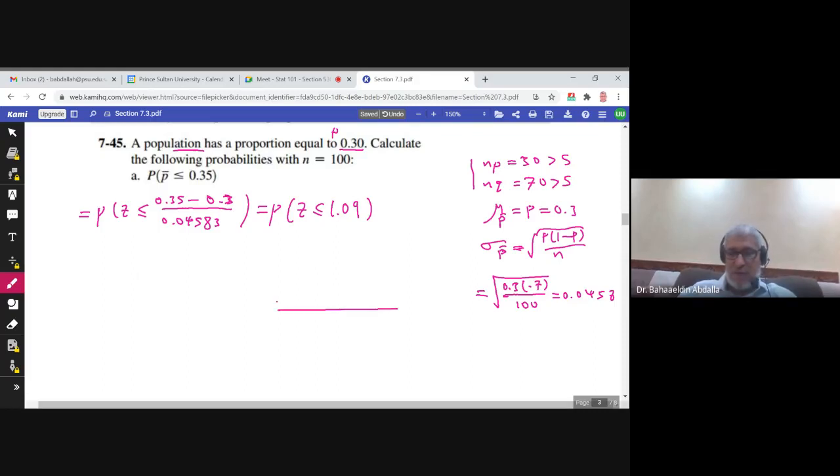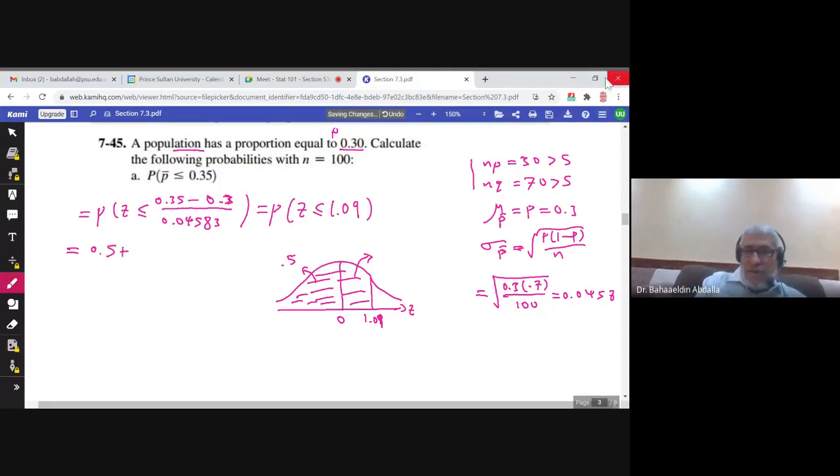If you remember, if you want a graph to help you finding this probability, the mean of Z is 0. So 1.09 is a number to the right of 0, and he needs the probability that Z is less than 1.09, so he needs the area to the left of 1.09. Well, this I can find from the table, and this is 0.5. So the probability of Z less than or equal to 1.09 is 0.5 plus, and I can go to the